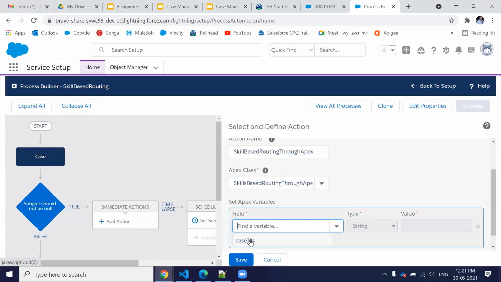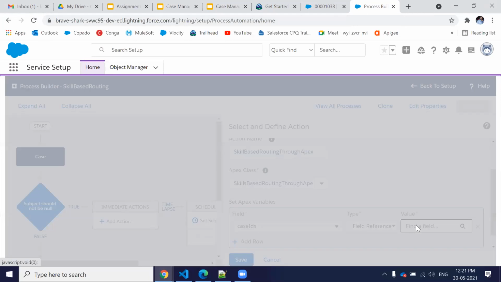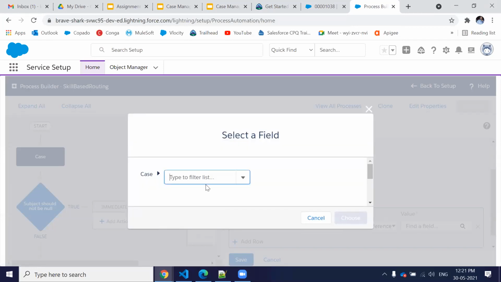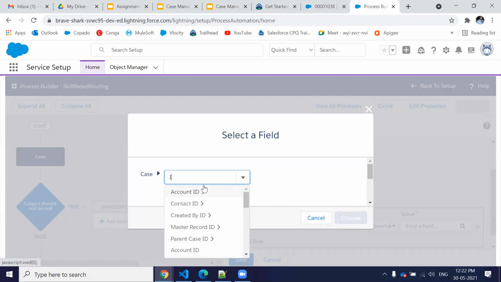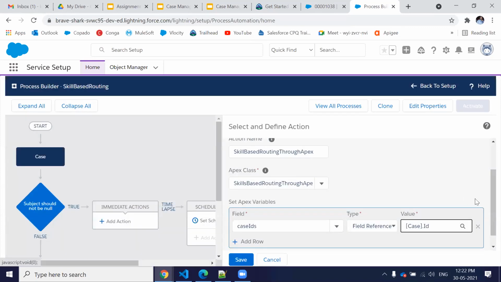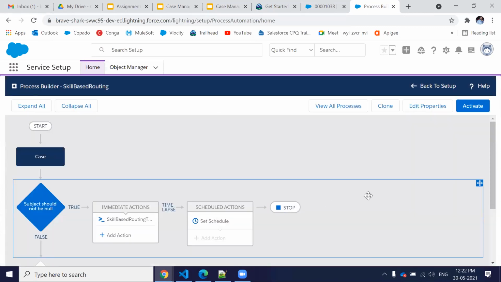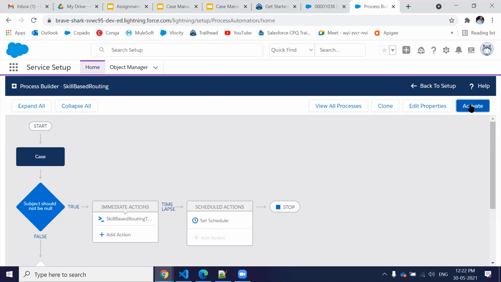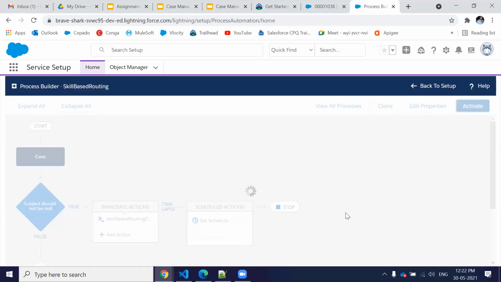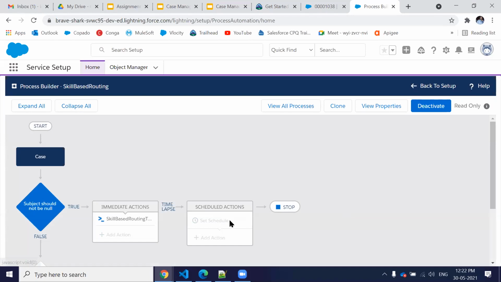That variable already comes because we added the annotation invocable method, and we have to do the field reference. So here we have to provide the case ID. Here's our case ID. Choose it, save it. So we have added this. We can make it active. We have made it active.